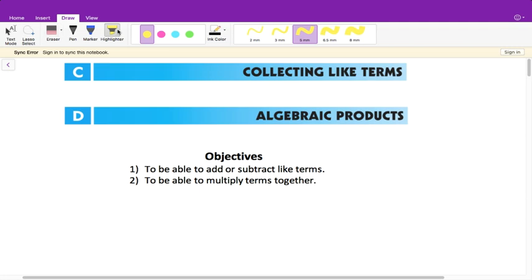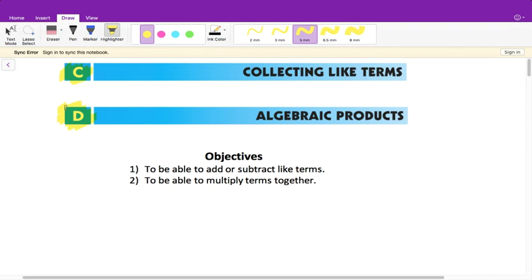All right, so we are going to move on to the next couple sections, and we're going to actually do them together. So I think collecting like terms and algebraic products, or multiplying terms, can go hand in hand, and doing them together will also show you the difference when we're doing them. So our last two sections for chapter 1 before we have our first test,